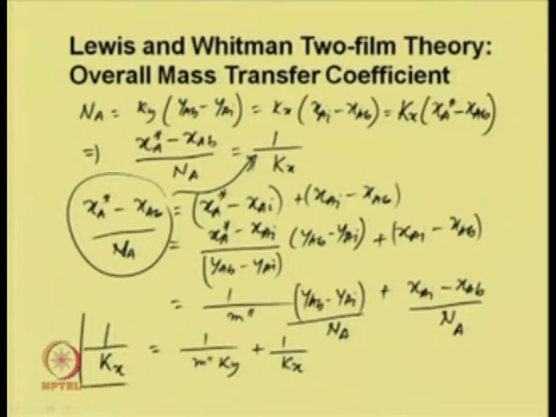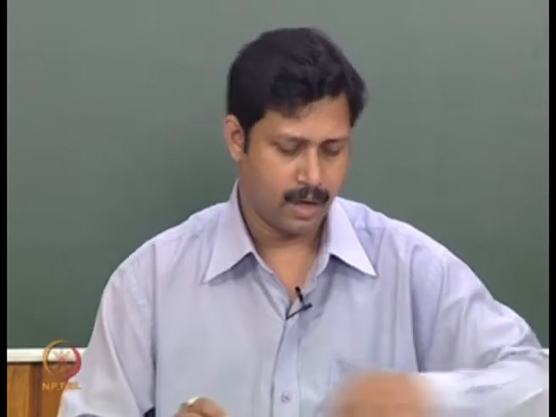So, this is the relation between the overall mass transfer coefficient in terms of the liquid phase with the individual mass transfer coefficient. If the concentration of the solute in the system is very low and if it obeys Henry's law,